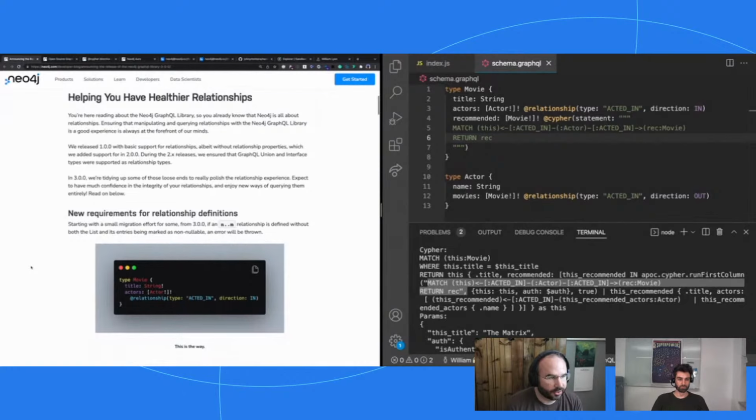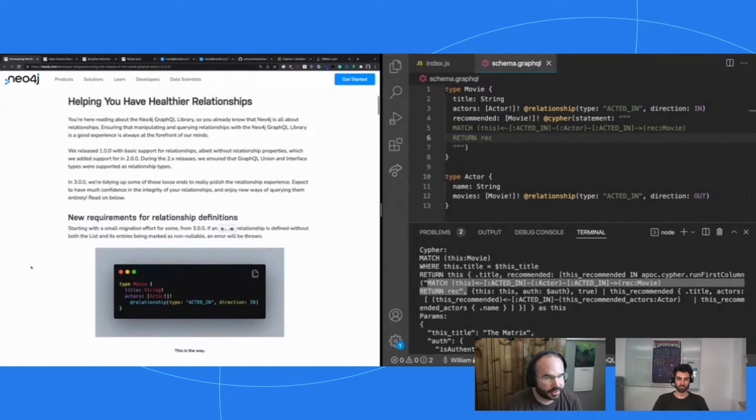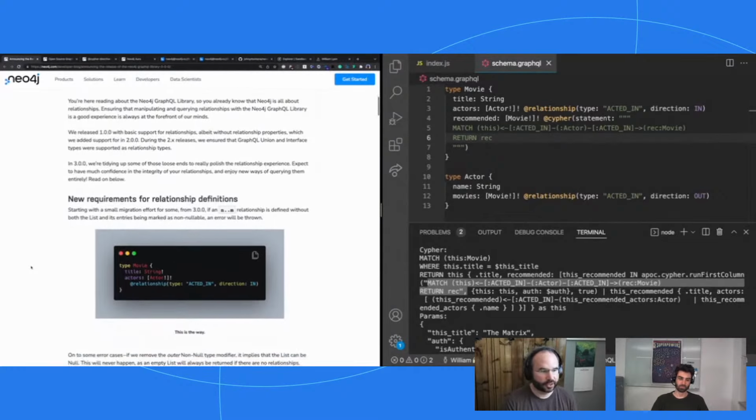So the first thing that Daryl talks about here, and this is I guess a larger theme of the 3.0 release, is better handling for relationships in the Neo4j GraphQL library. And so the first